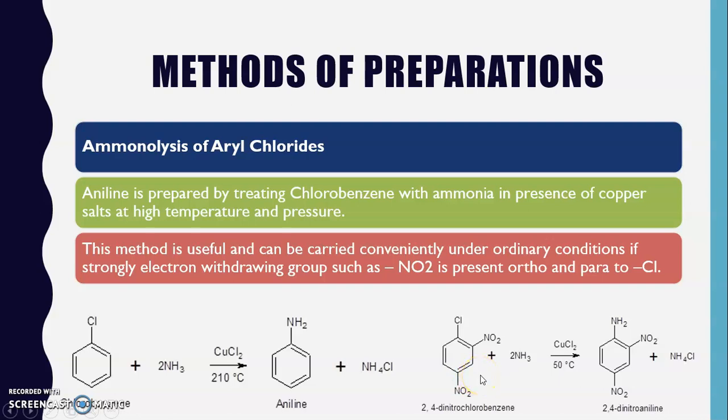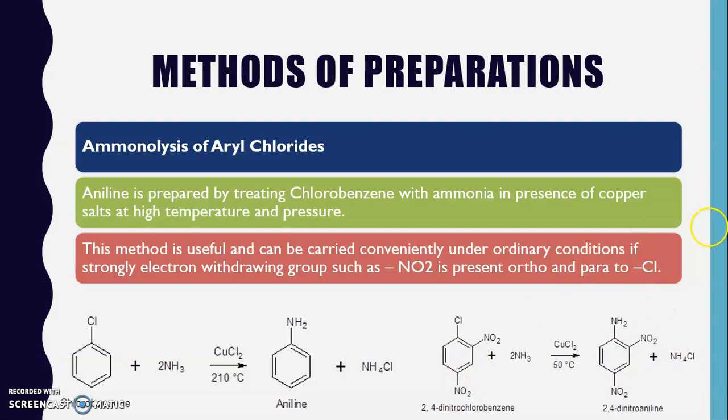So in this case, 2,4-dinitrochlorobenzene, where a nitro group is present either ortho or para to the chlorine, if we perform the same reaction, it can be easily carried out at 50 degrees Celsius. It means we can reduce the temperature as well as the pressure by placing an electron withdrawing group either at the ortho position or the para position, which leads to the conversion of